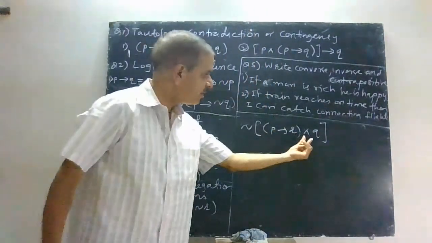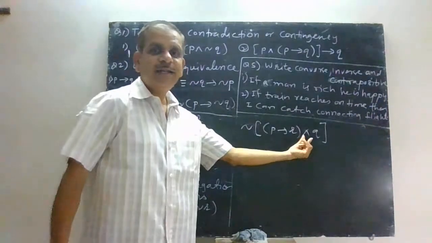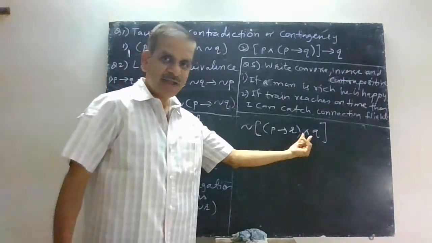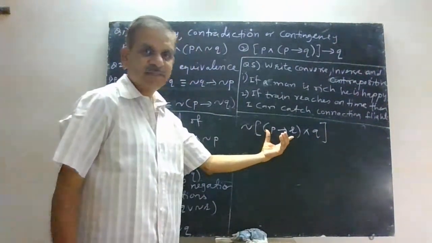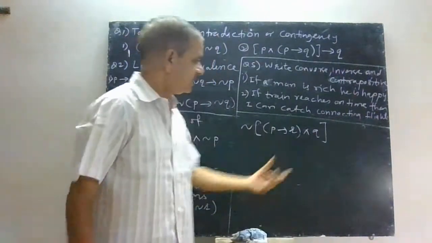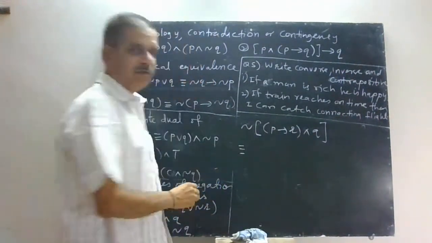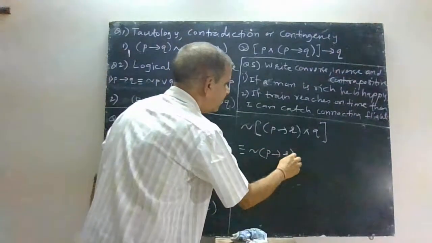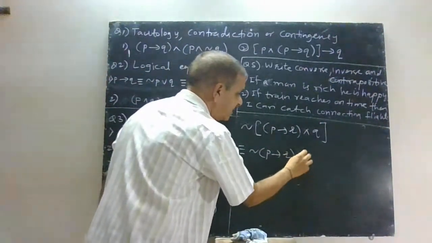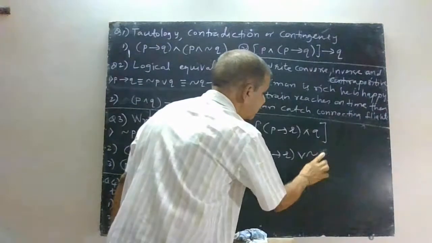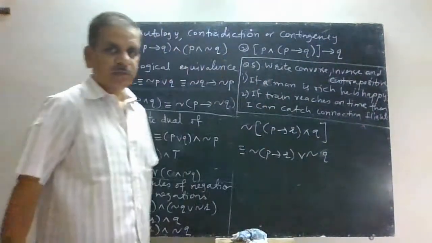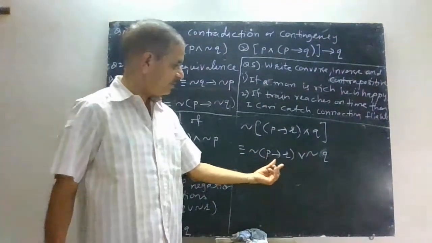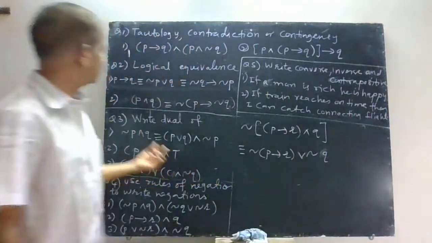Now first of all you will have to observe the type of statement. It is conjunction type, and this will be considered as the first statement and this will be considered as the second statement. So your first statement will be the negation of this first one, P implies R, and is replaced by R, and then negation of Q. Still you have to make one more step, negation of P implies Q.